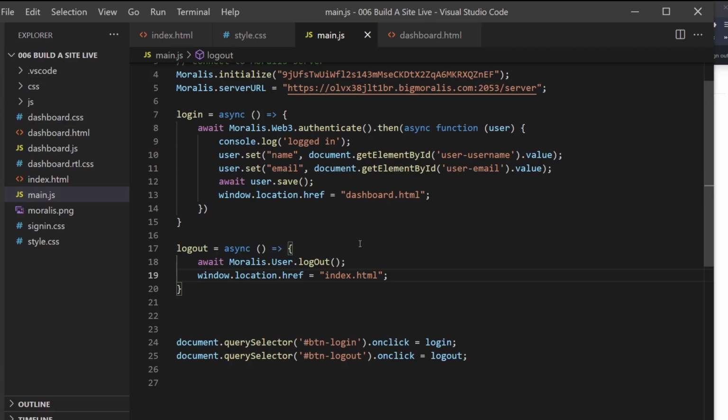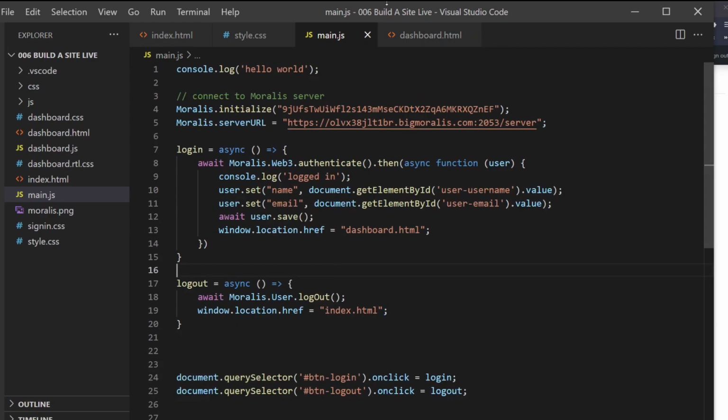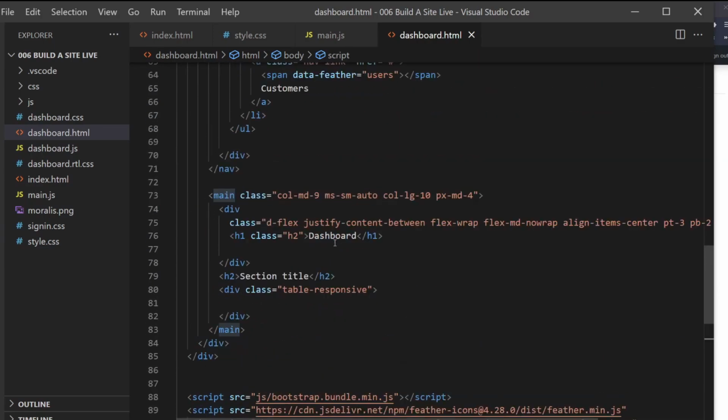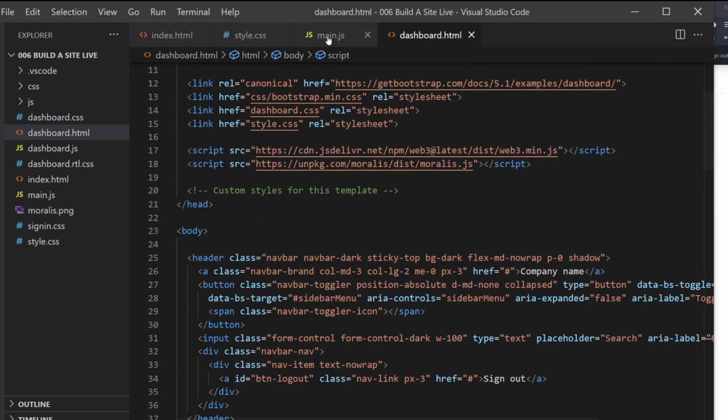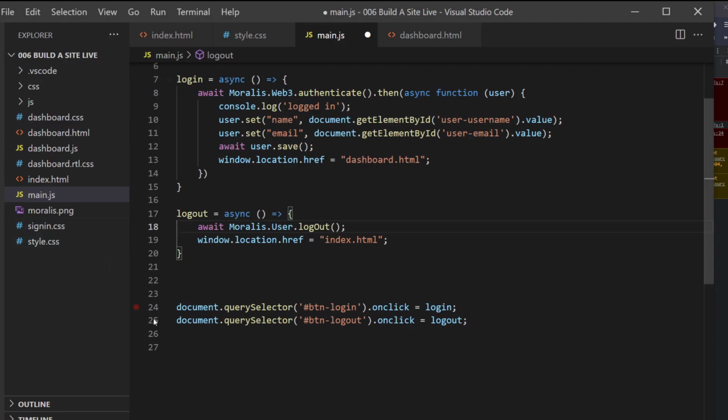And it doesn't. Let's just see why it doesn't. Did we save everything correctly? Have we connected our dashboard? Yes, we did. Okay, good. And well, we better check the consoles. Okay, so we've got a couple of errors here. The first one is to do with a different file. We'll come back to that. Hello world. Okay, uncaught type error. Cannot set property on click of null. 24 in main, which is